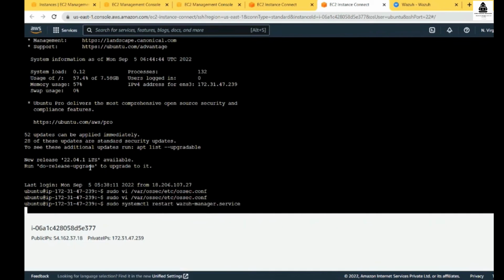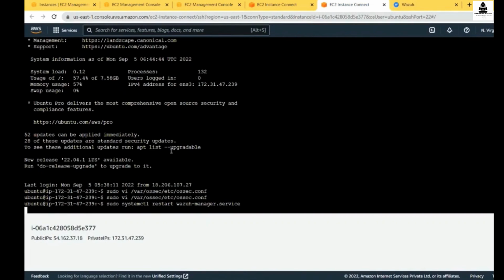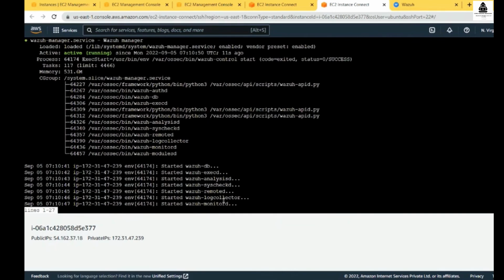And whenever you make some changes in a configuration file like ossec.conf or another file, you must restart your Wazuh services or other services if you are dealing with them. And then whenever the restart is done, you should check the status. If the status is up and running, then it's okay. Otherwise, the things you have created are not worth anything. Okay, like status is